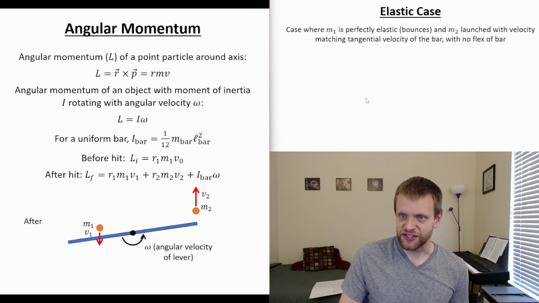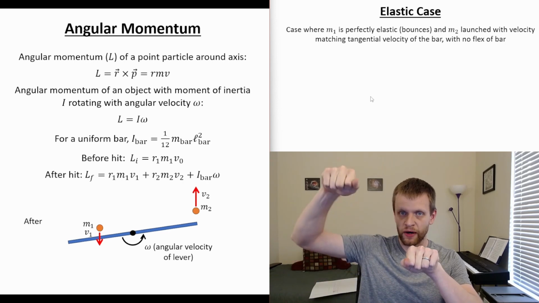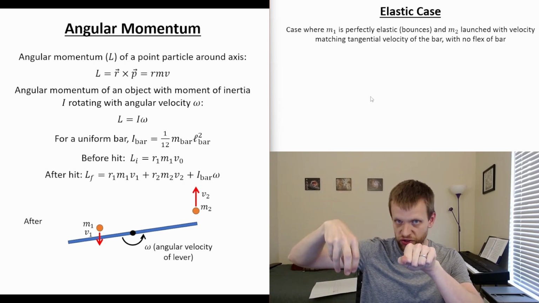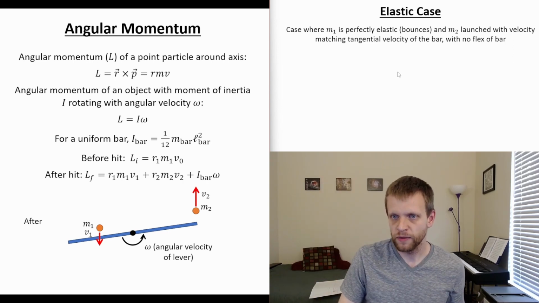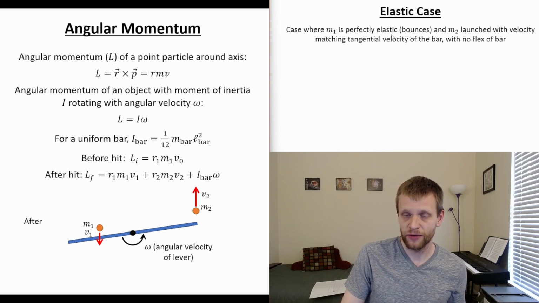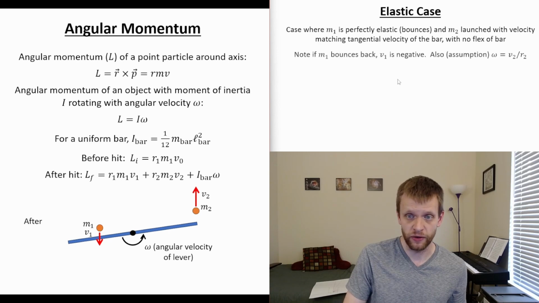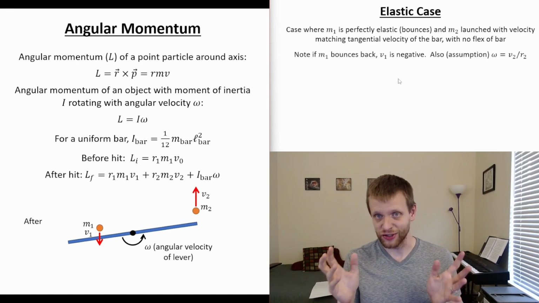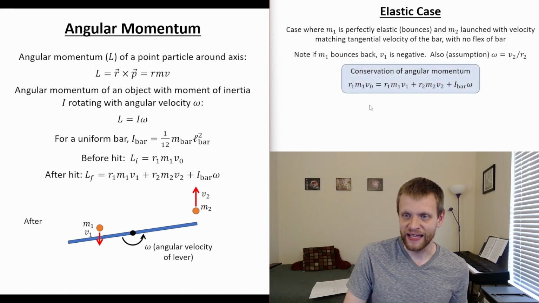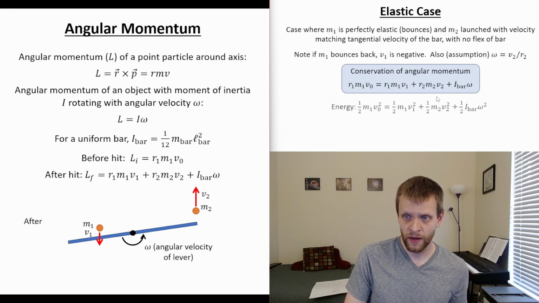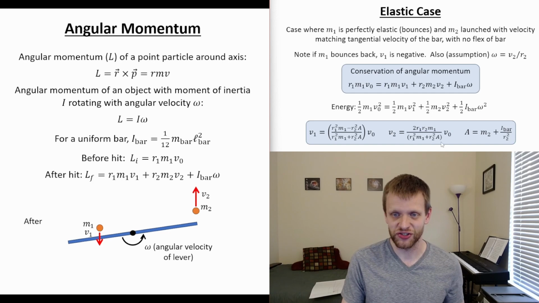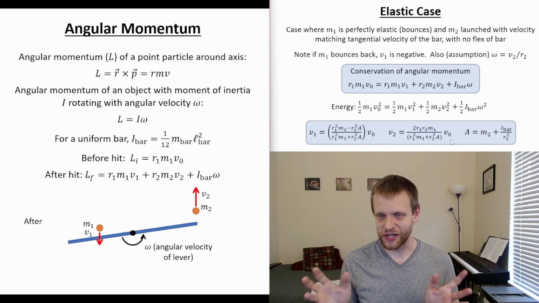And in the elastic case, let's say I have a case where when the object hits, it's going to bounce more. Well, if we get this m1 bouncing elastically and m2 launched with the velocity of the bar and no flex in the bar, we'll see if we actually get these matching up. Then in this case, we're still going to get conservation of angular momentum, but we're also going to get conservation of the kinetic energy. And if you take those equations, you get this really ugly looking set of equations